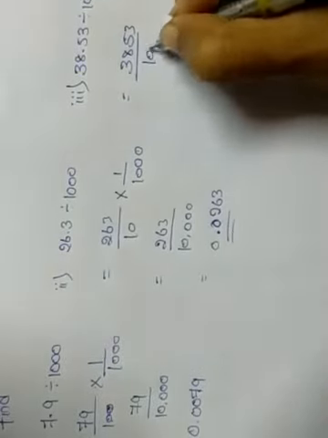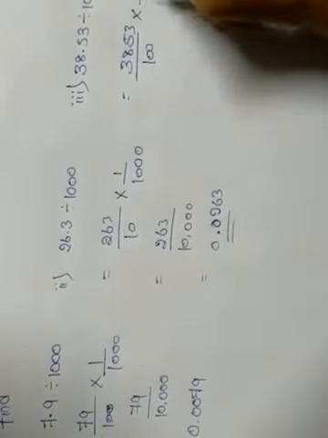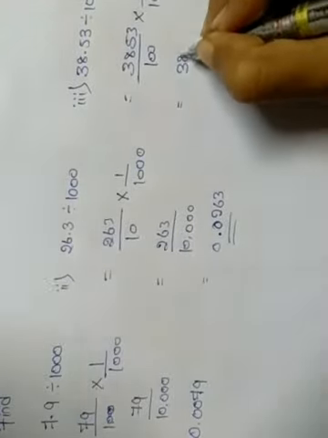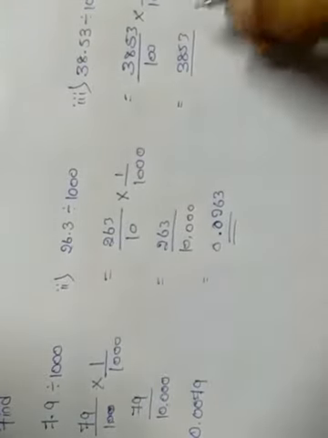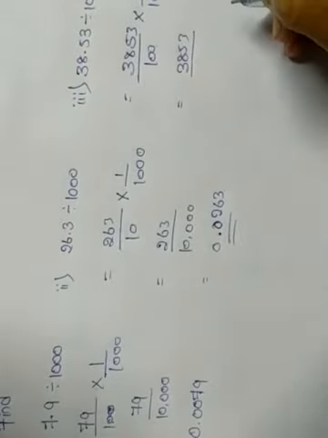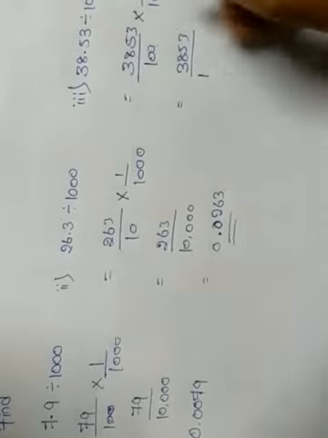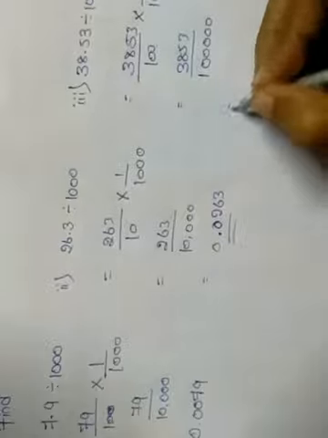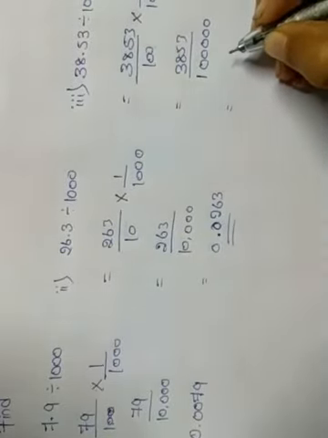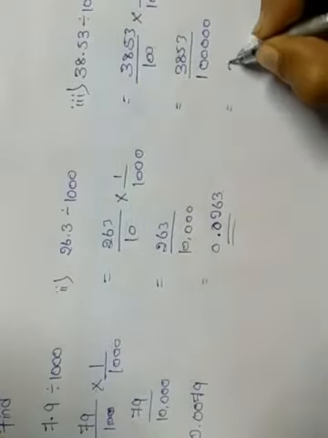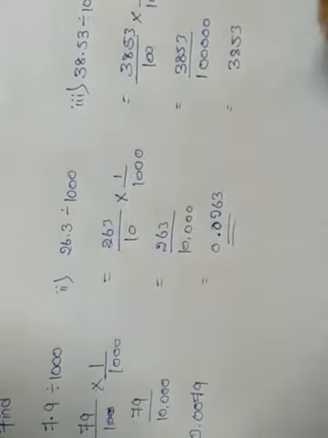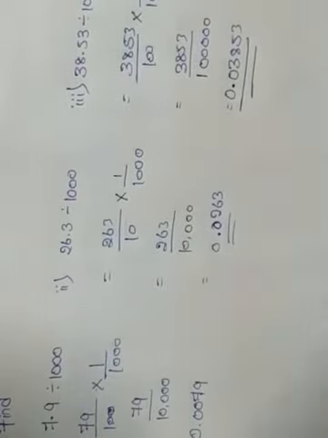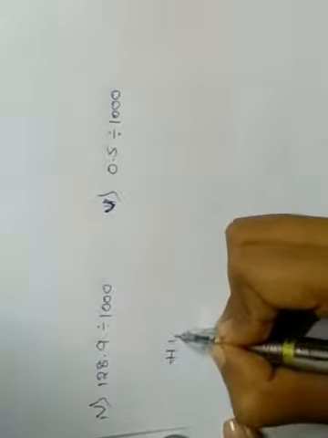Third one, 3853 divided by 100. Change the sign, inverse the reciprocal of 1000. 3853 ones are 3853 divided by 100 into 1000 means what? First we'll write 3 zeros plus 2 zeros means 5 zeros. 2, 3, 4, 5 zeros. Now we'll give the decimal point after 5 zeros. 3853. Here there are 4 digits, right? We'll make it 5 digit and we'll give the point. These two are homework for you.